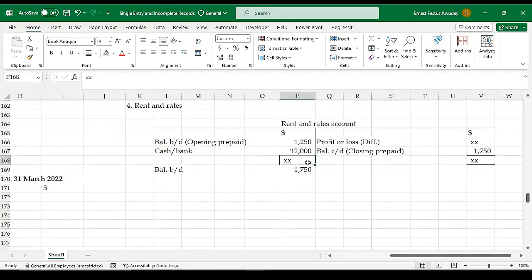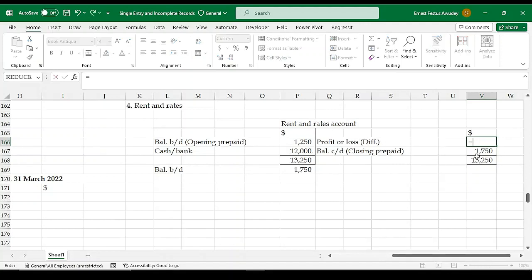And then we can now balance the account. So I know that this part is definitely going to be the greater part, so I'm going to add that. I have my total here, and then I can link the total here, copy that and paste. Okay, and then the balancing figure, which is now going to be transferred into the statement of profit or loss. All right, that is the balancing figure. So I'll come here and then I'll have my total here and subtract this particular balance carried down there, and that is going to give me the amount that we are going to recognize in the statement of profit or loss